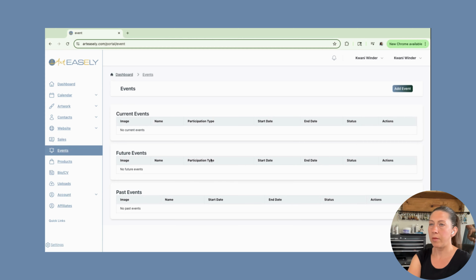Events, this is where you'll keep track of any events coming up. This is helpful in knowing which artworks. You can attach artworks to events so that you know where your pieces are at all times. You can host events, show events, or even just attend events. You can put that. And then this can also push to your website so that people know what's going on